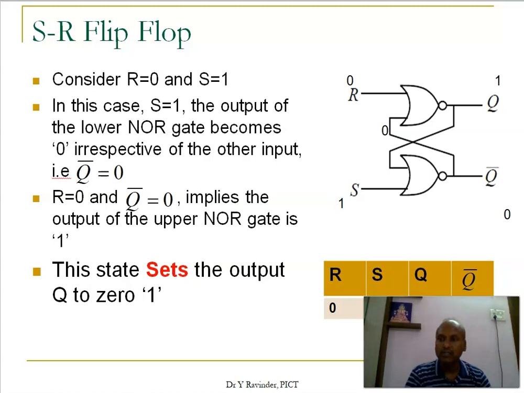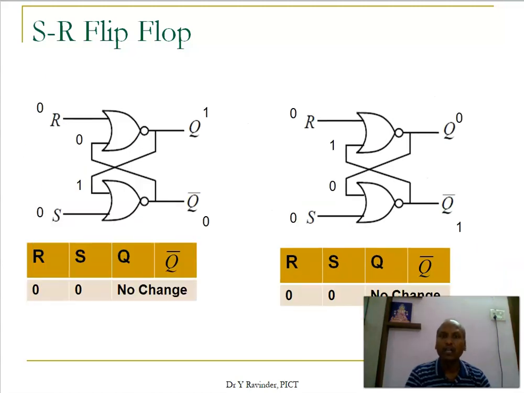Then comes the other condition, both are 0 and 0. So you can look at this. When this is 0 and this is 0, both are 0. But I don't know what was the previous output here. So I can assume any one of them. So before I make this 0 and 0, say for example this was at 1. Now this was at 0 automatically because they are complement to each other. So this is 1 and 0. Now this is 0 and 0.